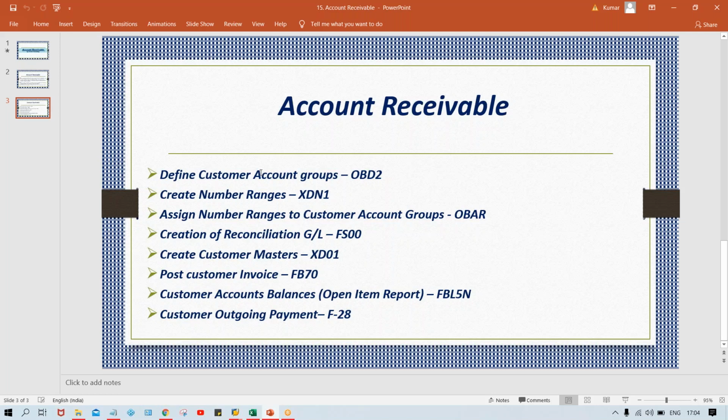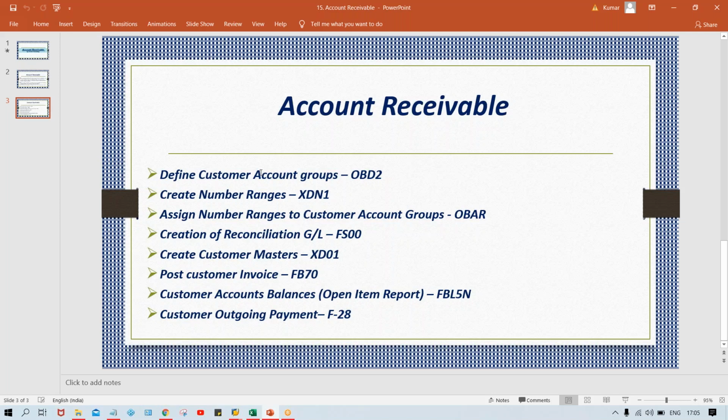See, what is the use of the account group? I told you that account group is a group of similar nature of accounts. If you talk about GL account group, it is the group of similar nature of GL accounts, right? Likewise, vendor account group is the group of similar nature of vendor accounts. In the same way, customer account group is the group of similar nature of customer accounts, right? Now, what does it control? What about GL account group, guys? GL account group controls the fields of GL master, and it also controls the number ranges of the GL master.